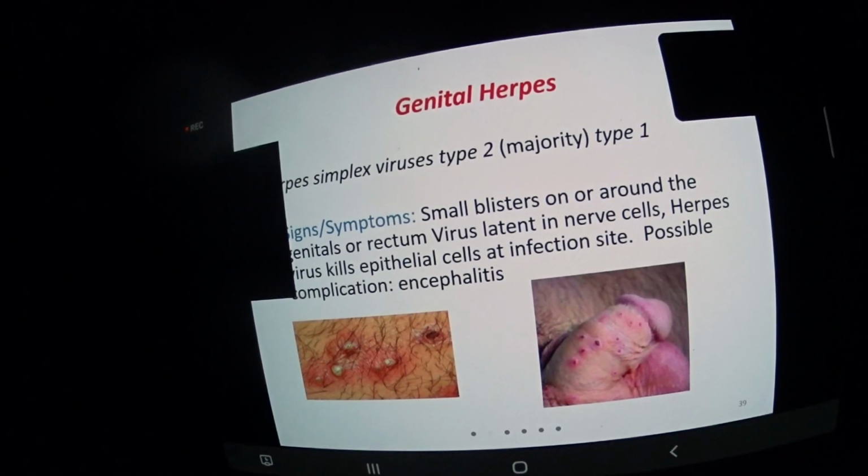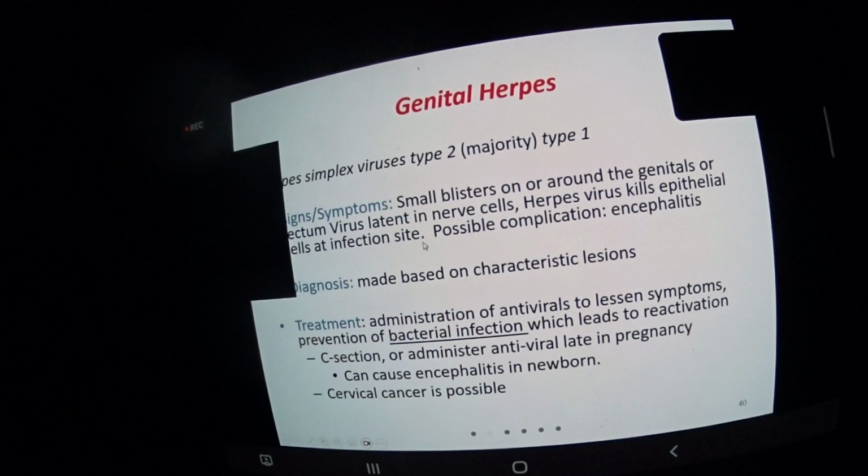Unlike oral herpes, genital herpes can be shed at all times in the secretions of the genital tracts, especially in the case of females, in the mucus that is in the vaginal tract. Therefore, they are considered infectious at all times, not just when you have the visible blisters. And like I said, it could be found in any of the areas.